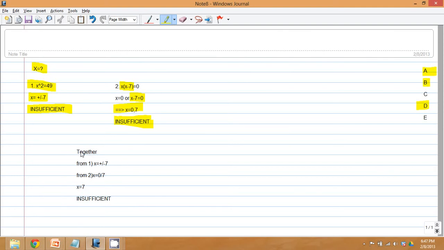Let's take both of them together. From 1 we know x could be plus or minus 7, and from 2 we know x could be 0 or 7. The only value that satisfies both conditions is x equal to 7, so we can find one particular value. It should be sufficient. That means that together they are sufficient, and E says that together they are insufficient, so that's out of question. So our right answer is going to be